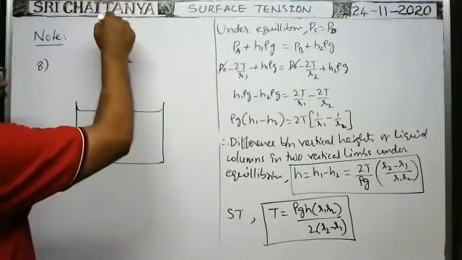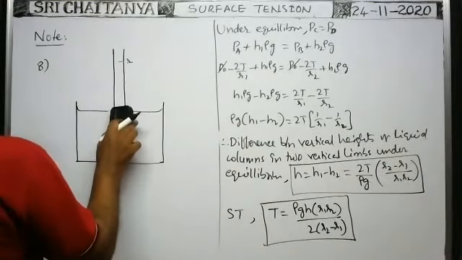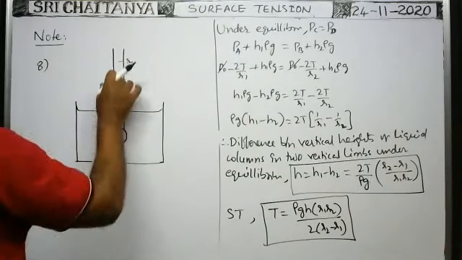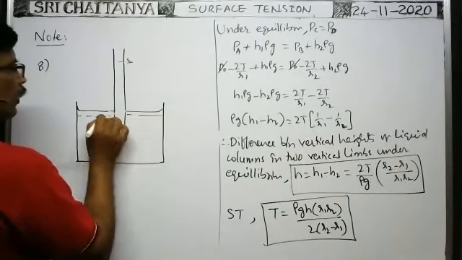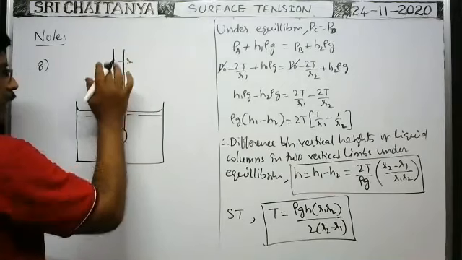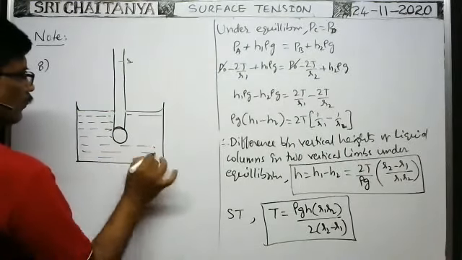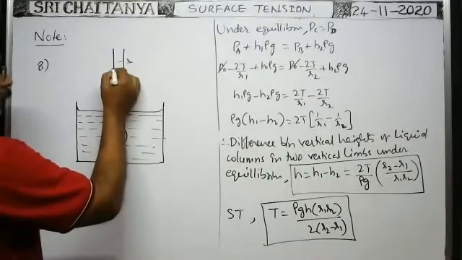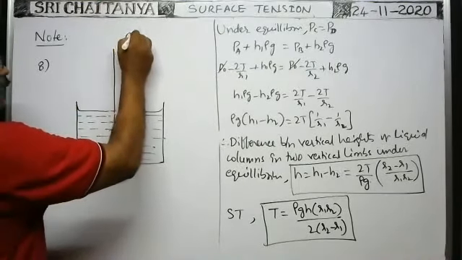Here, by blowing air into the capillary tube, here this is the liquid. Initially the capillary tube is kept like this, and the liquid is inside the capillary tube. Also, the liquid level rises because of the capillarity phenomenon, up to this. Now the air is blown into this one.